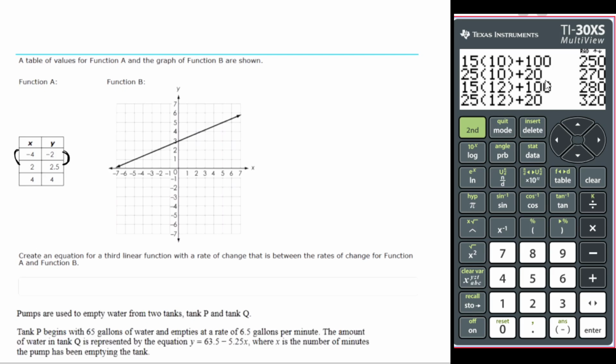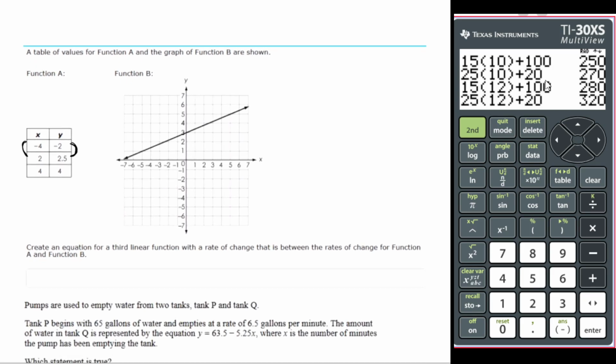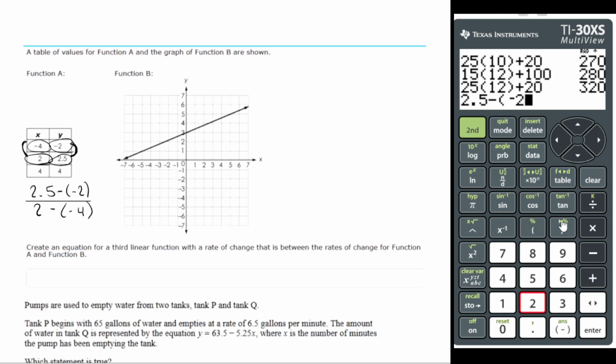So for function A, our rate of change, we're going to go with this as our second point here, and the one above it is our first point. Change in Y, 2.5 minus -2, over your change in X, which is 2 minus -4. Put this into the calculator. 2.5 minus parentheses -2 close parentheses. You get 4.5